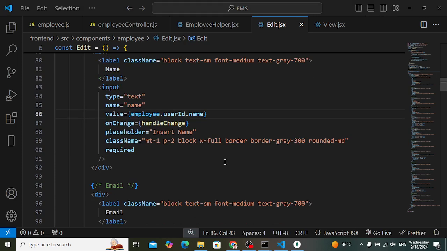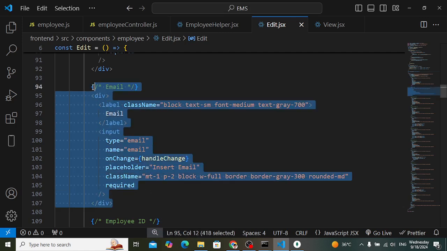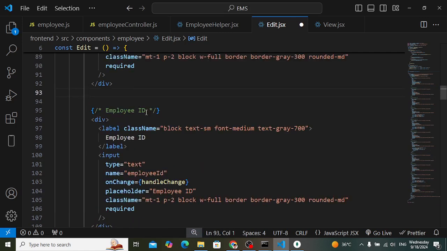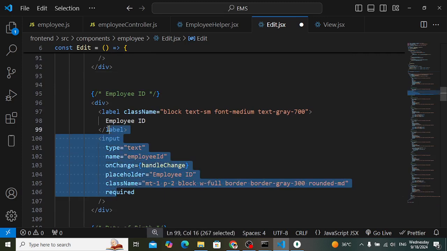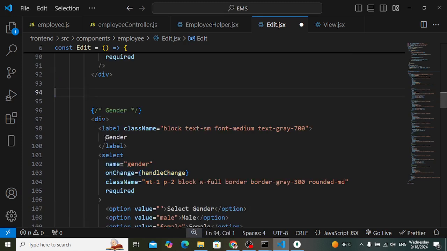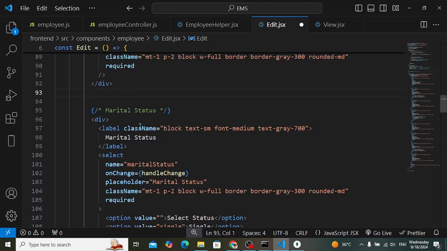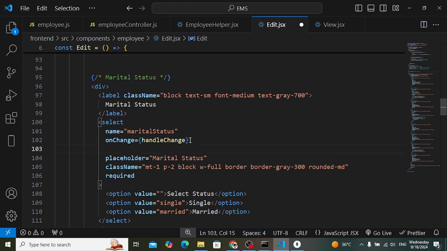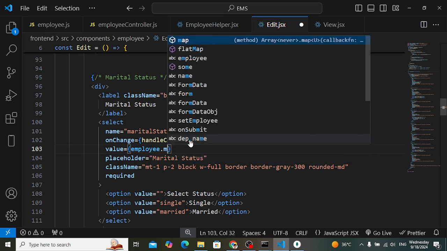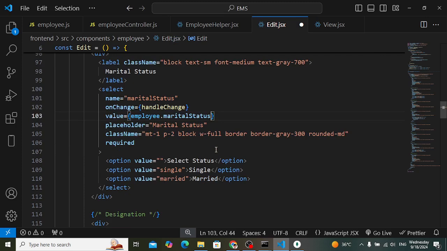And after the marital status, okay, this name, so we will move to marital status. We don't want to change the email. I will just show you a few fields to edit. We don't need the employee id to edit, and also date of birth we don't need it, and gender I don't need to edit this one. Also the marital status I want to edit this one, so I will simply write value, the default value. Okay, default value is equal to employee dot marital status,